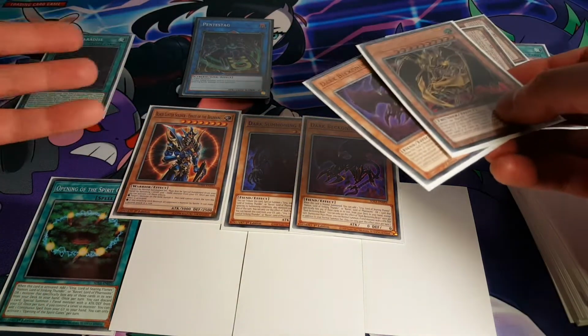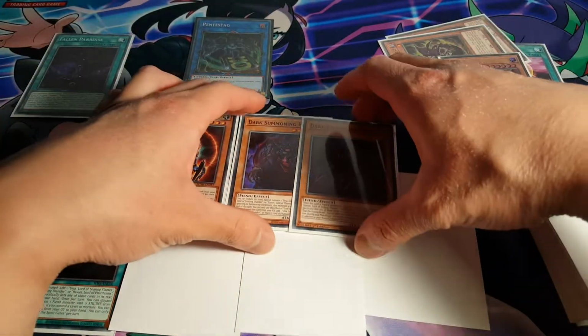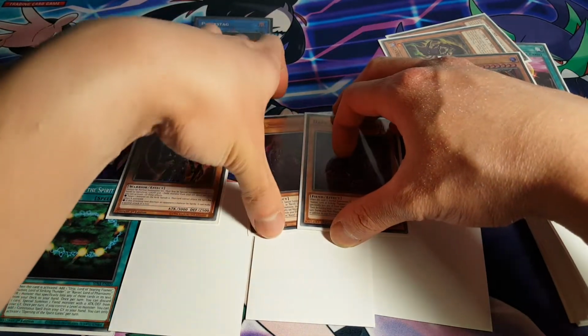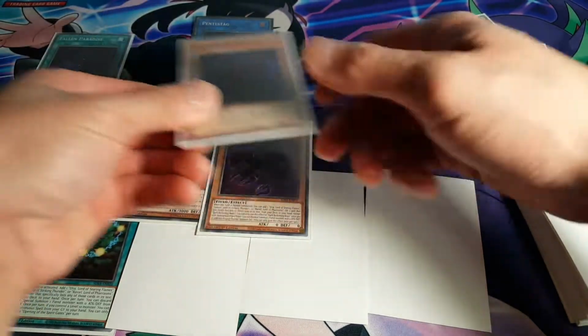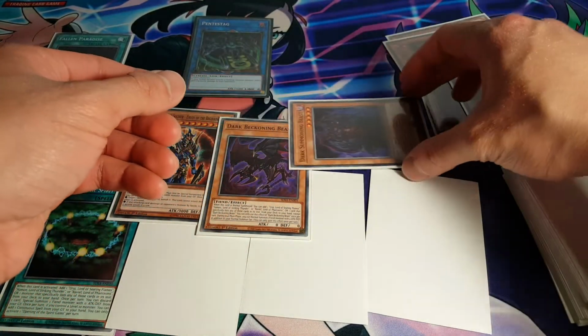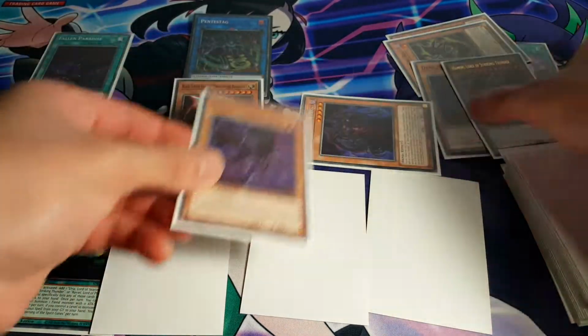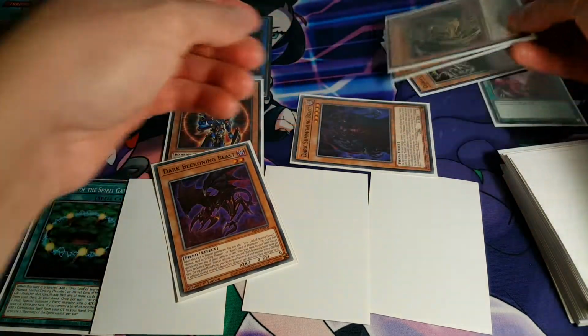Of course, there are alternative options as well. For example, you could just go for Opening of the Spirit Gates. You could discard, hold on, let me just try and discard it here. Discard the Dark Summoning Beast, and then you summon out the Dark Summoning Beast again, and that would be okay, you know. But you could banish off these two here, which is the ones we don't need, and from that